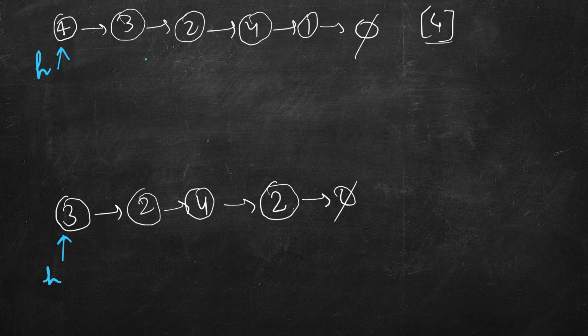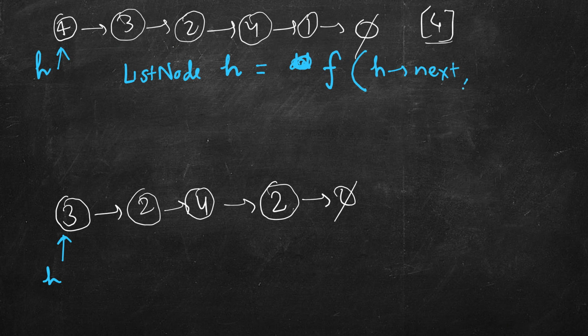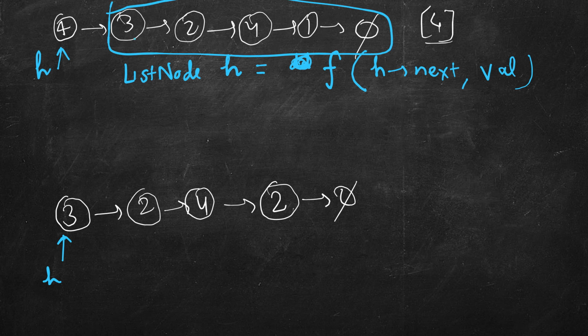So how can we write it recursively? Since this function has to return a new head, we capture it in a ListNode variable h equal to a call to the main function that we have to write, let's call it f. Here we will pass next of head and the same value val. We are passing the second node to it, so it will remove all the values from this list and return the new head.